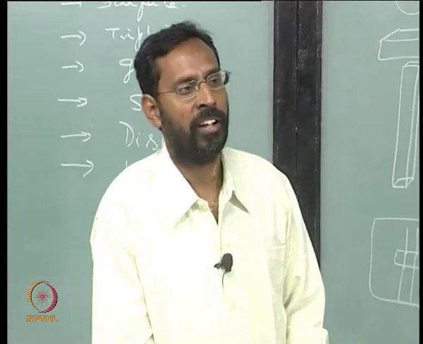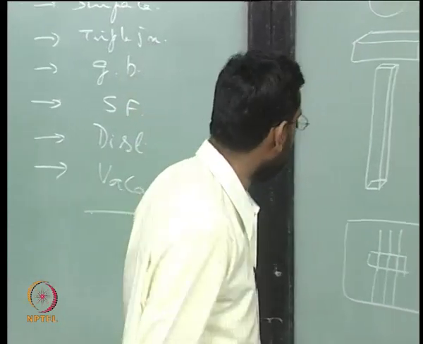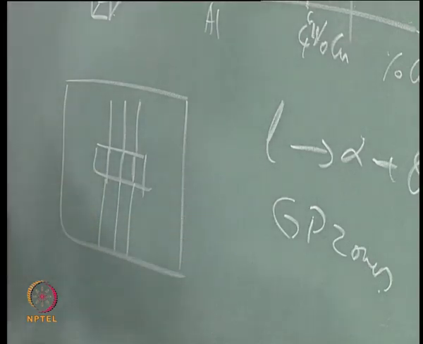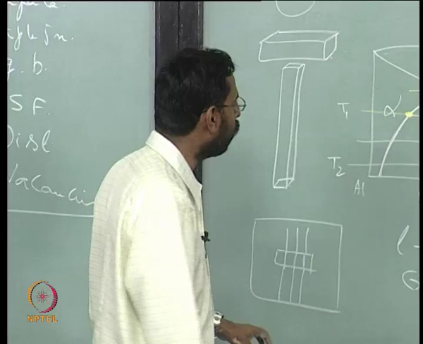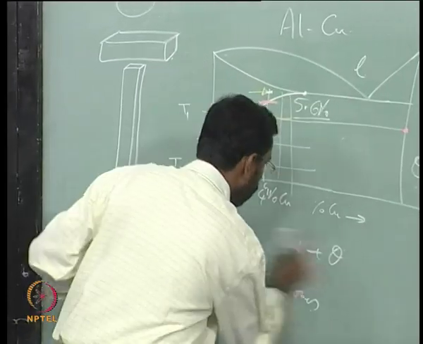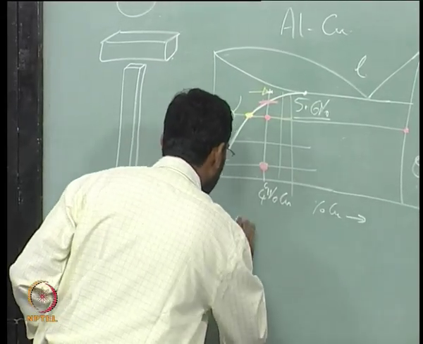When do you have this? You have this when the lattice parameter of the precipitate and the lattice parameter of the matrix are exactly the same. Whenever you see the lattice parameter of the matrix and the precipitate are exactly the same, this is what we call misfit. It is called a misfit,